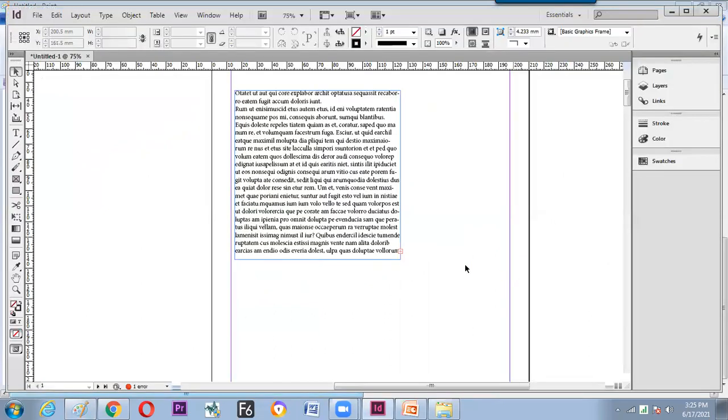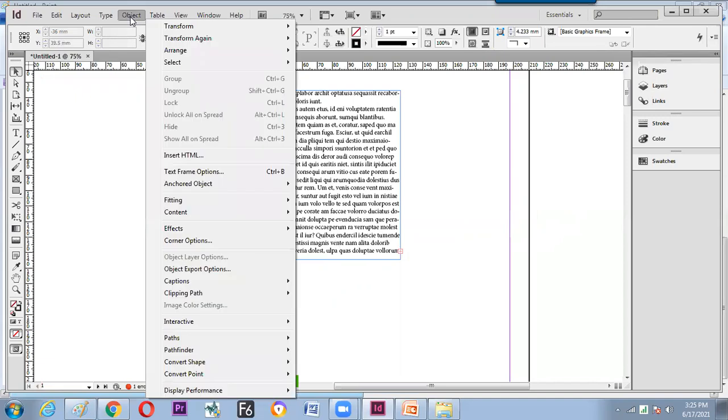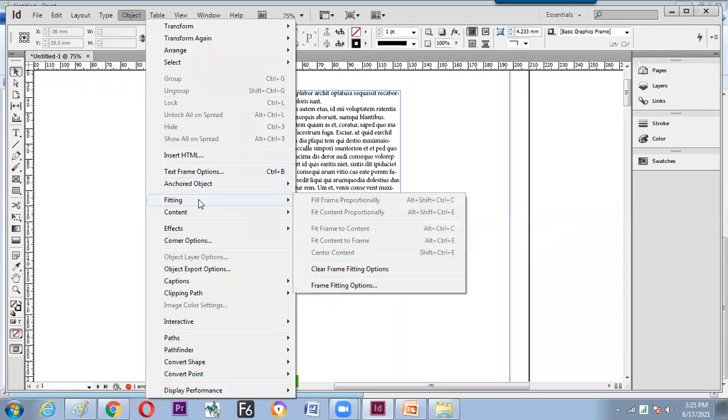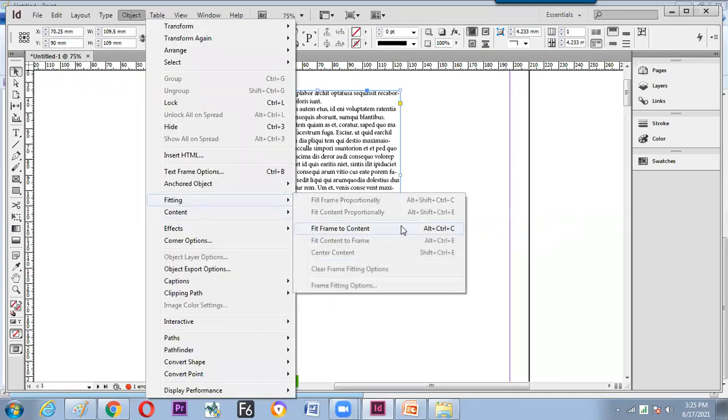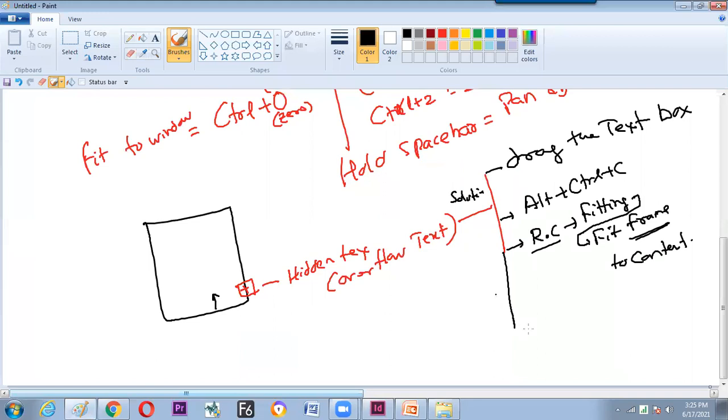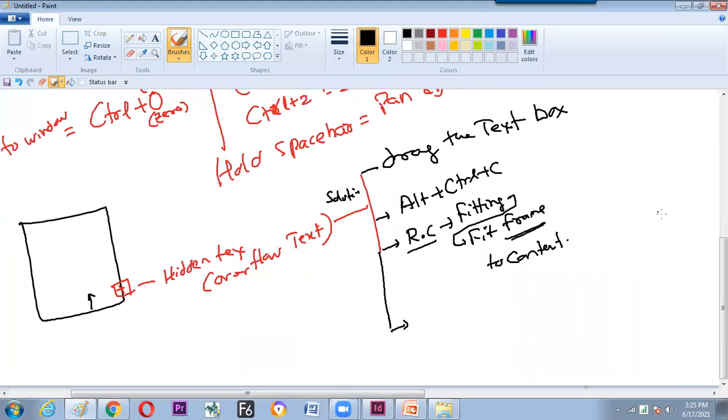Now, everything okay, sir. Where is it inside the software, sir? Am I right? Object. Fitting. Here you can find object, fitting, Alt Control C. The fourth place. What is the topic going on? How to fit the frame to the extra overflow text.